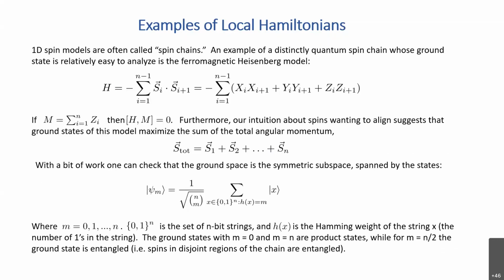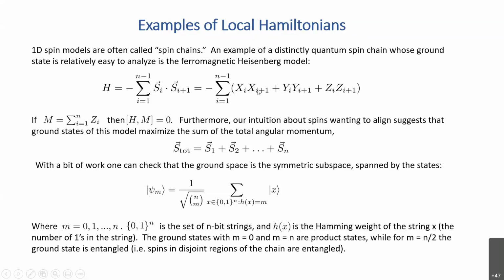This particular one is called the ferromagnetic Heisenberg model. It was introduced as a model of quantum magnetism. So you see here, the interactions are basically these dot products between the angular momentum operators. If you expand it in terms of Pauli operators, this model looks like this. You have interactions along the x, y, and z directions, all of equal strength between these nearest neighbor